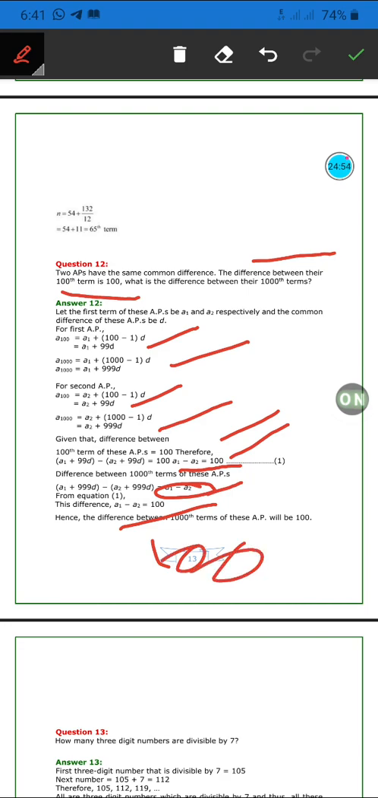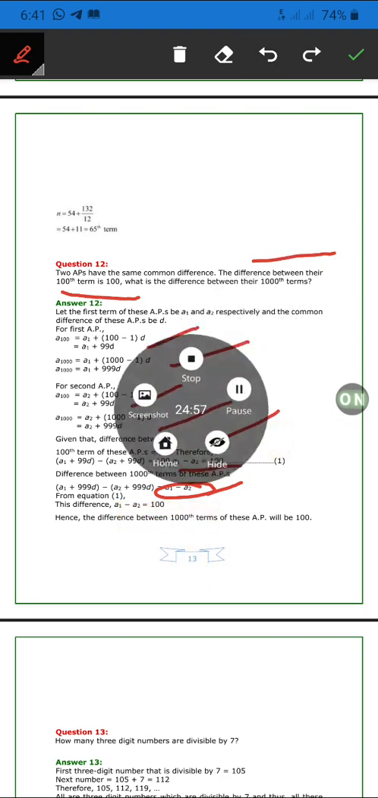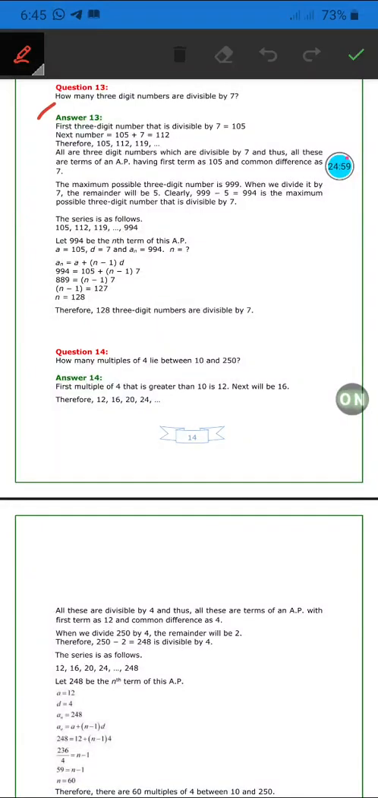Question number 13: how many 3 digit numbers are divisible by 7? ಅಂದರೆ 3 ಡಿಜಿಟ್ ನಂಬರ್ಸ್ ಎಲ್ಲಿಂದ ಎಲ್ಲಿ ಇರ್ತವೆ? 100 ಇಂದ 999 ವರೆಗೂ, ಹೌದಾ? ಸೊ ಅದರಲ್ಲಿ 7 ಇಂದ ಡಿವೈಡ್ ಆಗ್ತಿರುವಂಥ ನಂಬರ್ಸ್ ಎಷ್ಟು ಅಂತ ಕೇಳಬೇಕು. ಸೊ ಇದನ್ನ CT ಕೂಡ ಕೇಳ್ತಾ ಇರ್ತಾರೆ. ಸೊ ಓಕೆ,